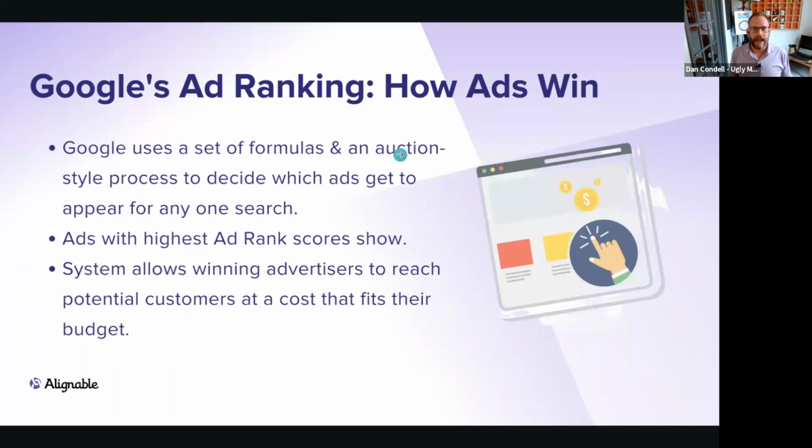Okay. Ad rankings and how ads win. So it's not like it's a bid for the process. So it's not like if you have the money, you go in and they're automatically in there. If you notice, there's a first, second, and third position throughout the Google ads. In this case, we're talking about search ads specifically. They're going to be set in an auction style process to decide which ad gets to appear in which order.